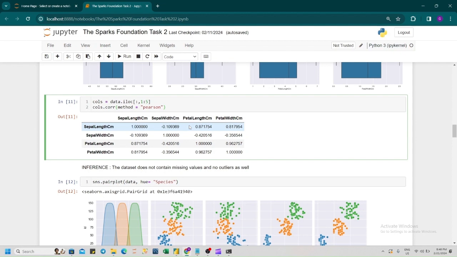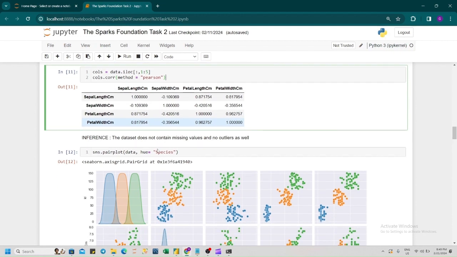After running this, we found that the diagonals of this matrix are 1, 1, 1, and we see that a few variables like sepal length and sepal width are negatively correlated, and since the coefficient is 0.87, they are strongly correlated. This kind of analysis plays a huge role when we want to distinctly identify the clusters. But since that is not the aim of our analysis, we will just move forward knowing what these attribute